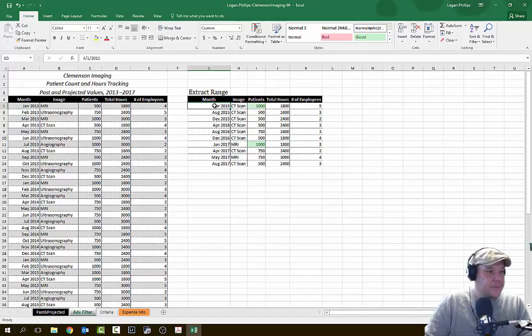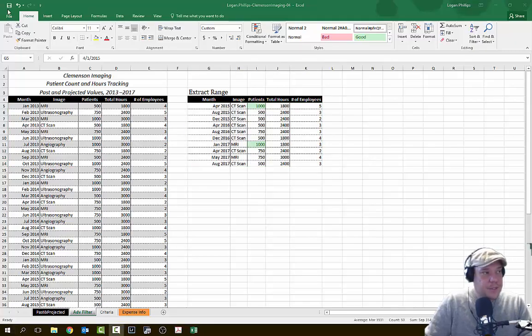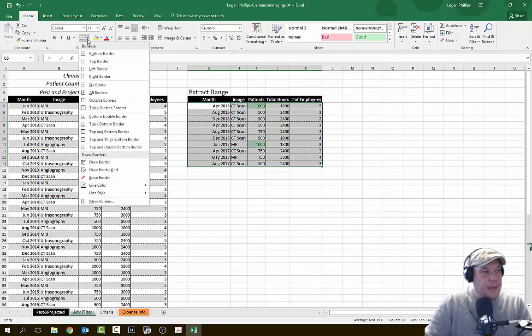So next we're going to select cells G5 through K14. Let's go through K14. And we're going to apply all borders. So this can be accomplished on the Home tab, and it's in the font grouping. And you can see here there's a little border box, and we're going to go down here